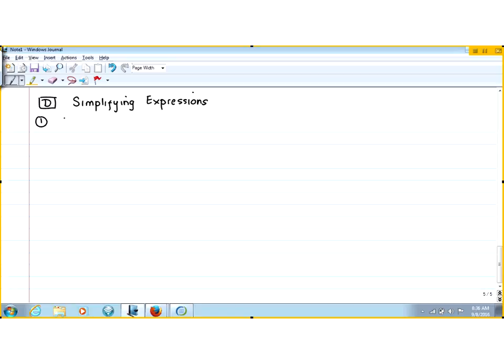This is common in calculus, something like this: 3 times (x plus 2) squared times (x minus 3) squared minus (x plus 2) cubed times 2 times (x minus 3)